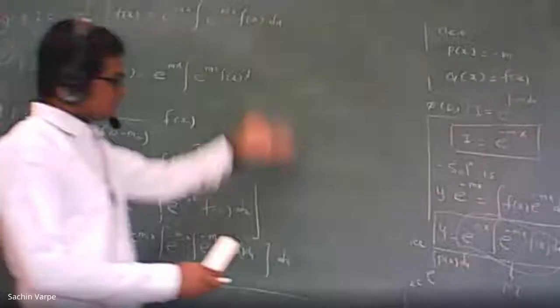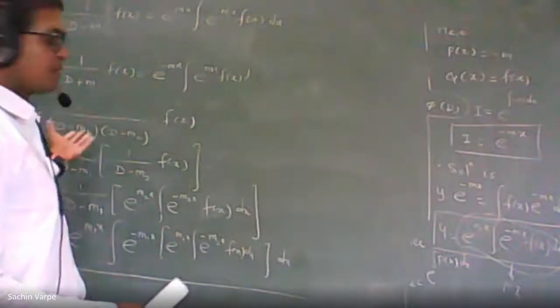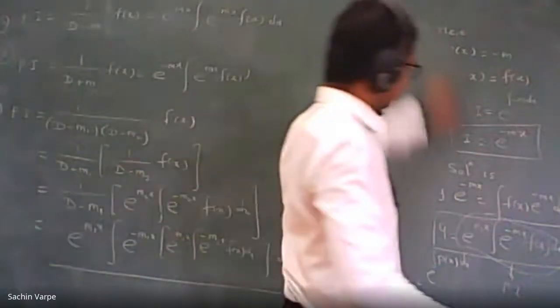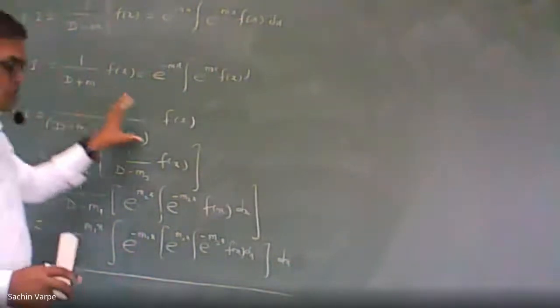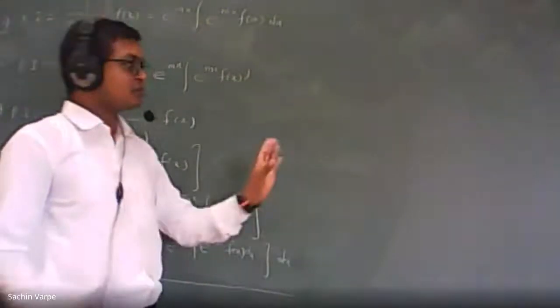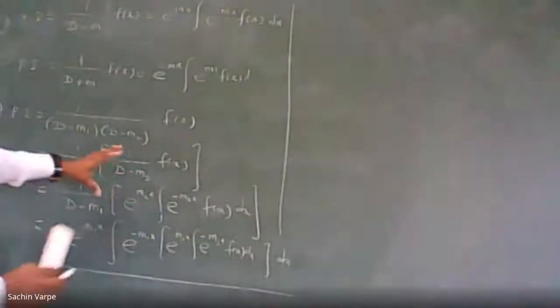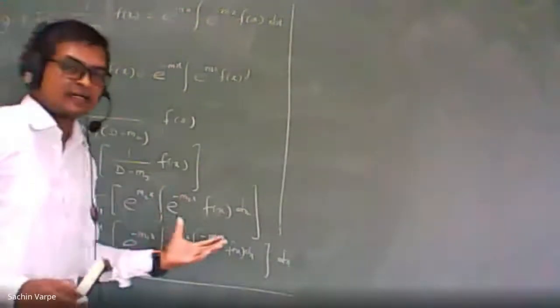Okay, sir. A paper setter can make it complicated according to the number of roots and number of factors. So we should be able to solve the question in any condition. But that is not the case, don't worry. For the general method, the question will be asked max up to second order only. Don't need to worry. But we should be able to do the case if it is asked for third order, fourth order, and so on. Just remember the theme. We have to operate this operator one by one. And again the thing is that order is not important.